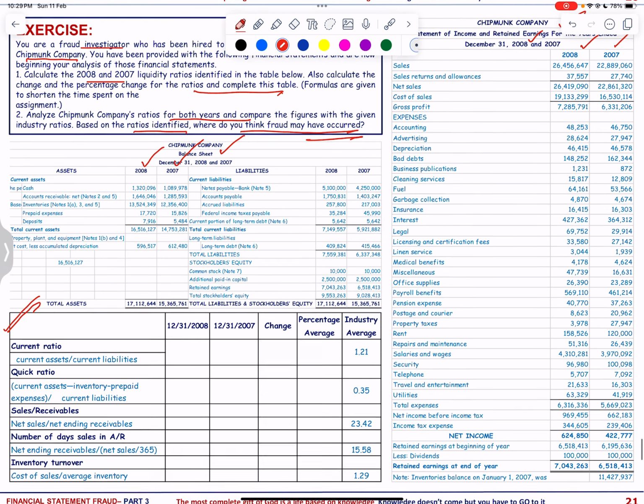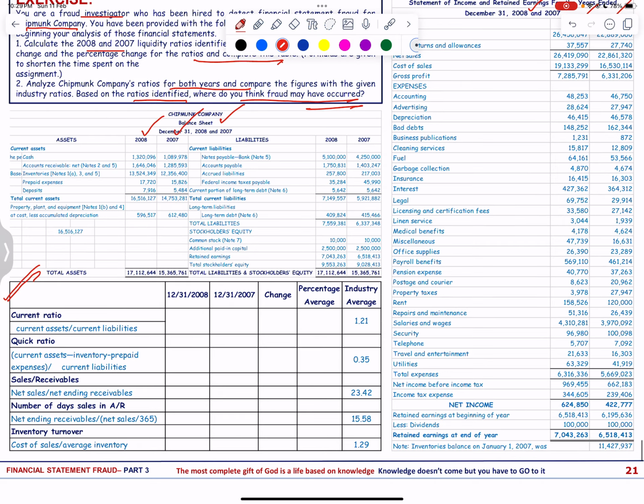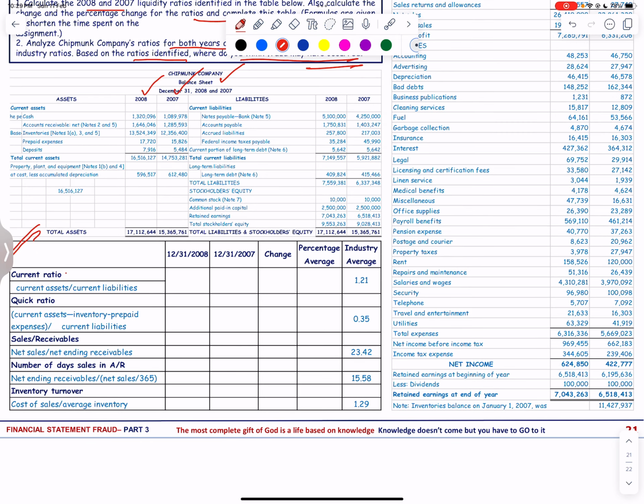And we have to calculate the different liquidity ratios. We have the liquidity ratios like current ratio, quick ratio, sales receivable ratio, number of days sales in accounts receivable, and inventory turnover. So if we take the current ratio, it is current assets divided by current liabilities, and for the year 2008, current assets divided by current liabilities will be 2.31, and for the year 2007